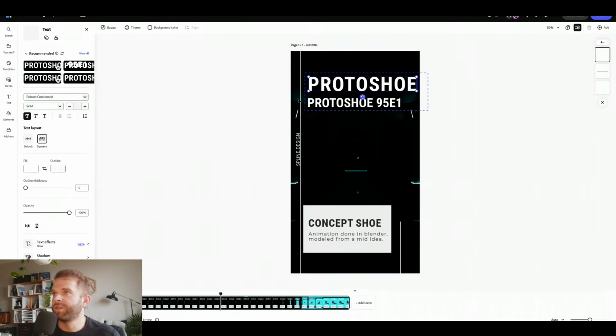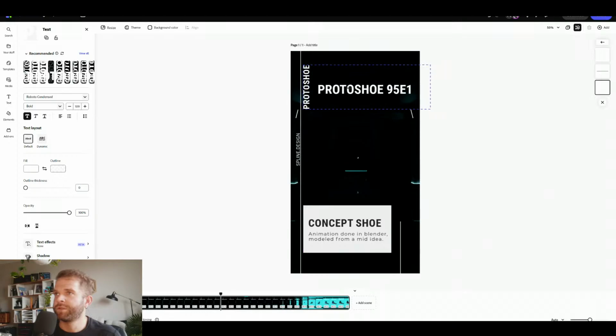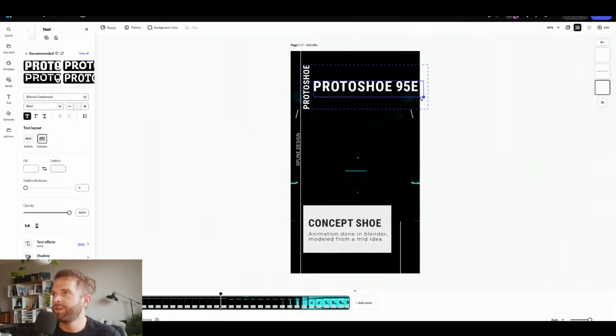I guess change this to dynamic and make it smaller. Rotate 90. Perfect. Oops. Made it disappear for a sec. There we go. Move it over to the edge. And then this one, I guess I also want it to be dynamic. Can I just stretch it vertically? Yeah, but